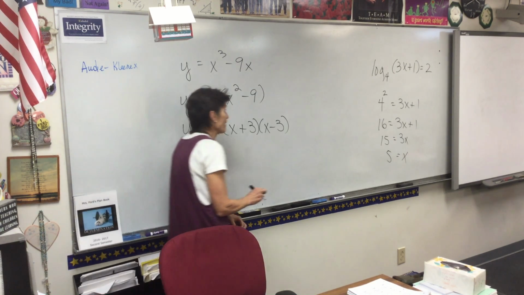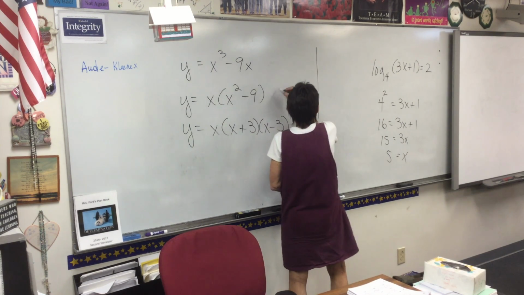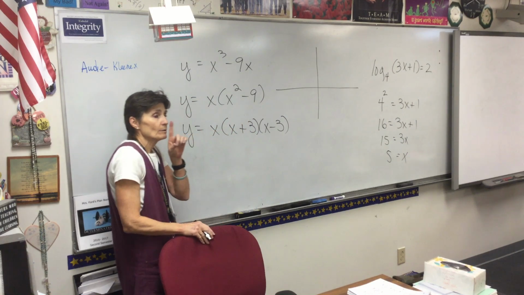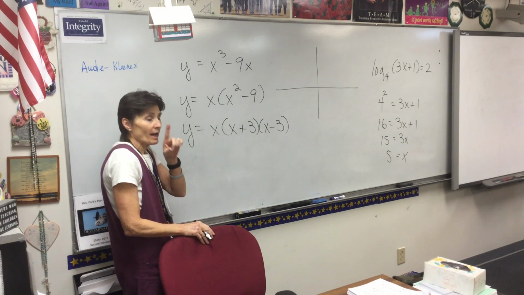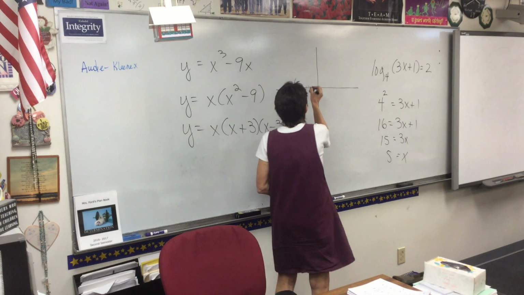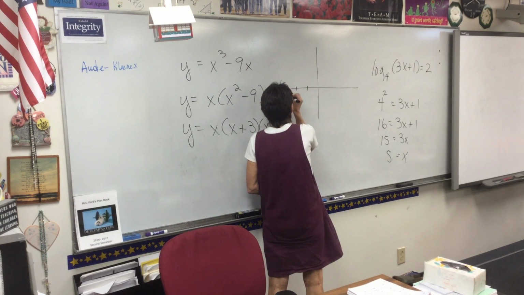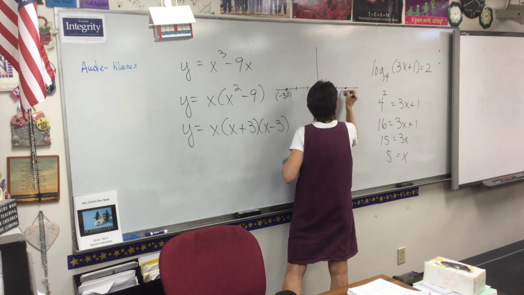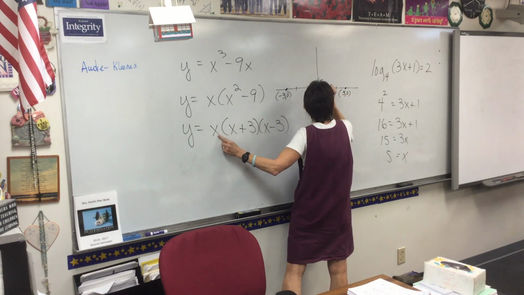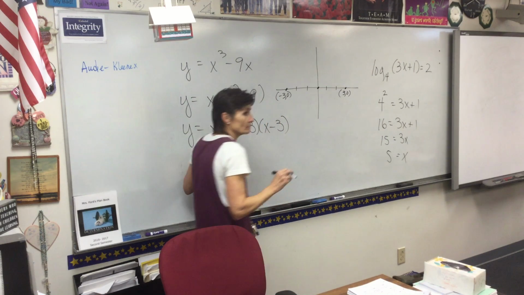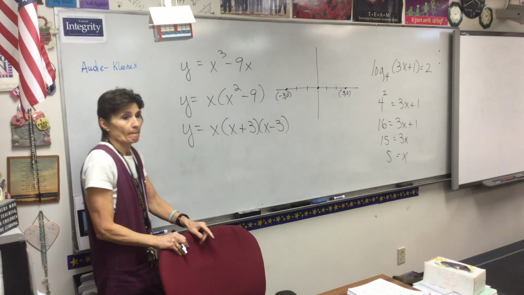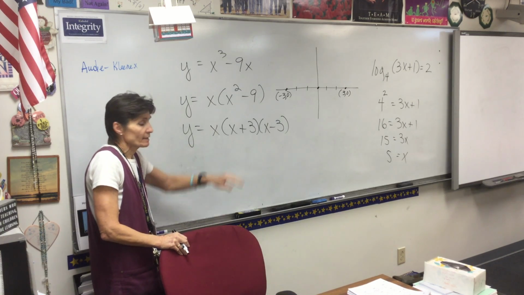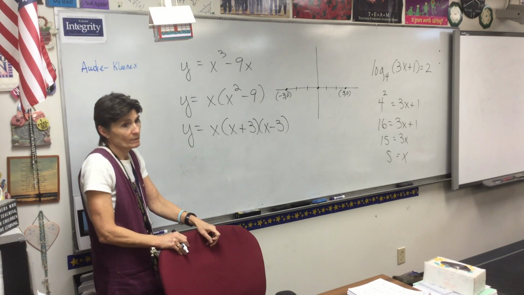So now I'm going to graph it. So I start how? Plotting the zeros. So I got one at -3 and +3, and where else do I have one? At 0. Miss Ford, do you do the opposite? Yes. Always the opposite when you take a number out of a parentheses. Always the opposite.